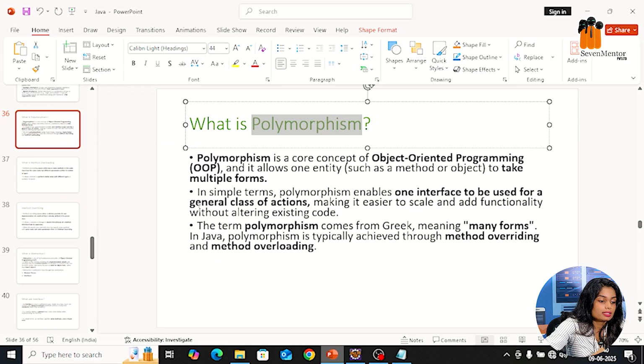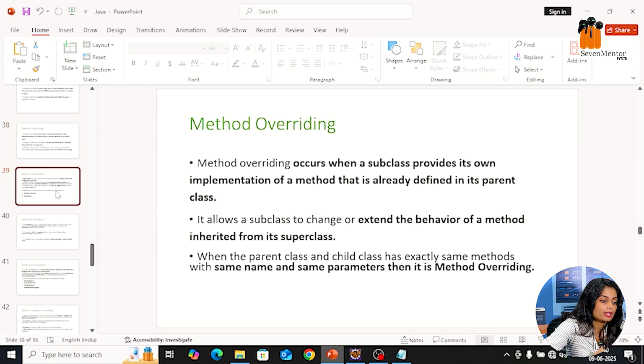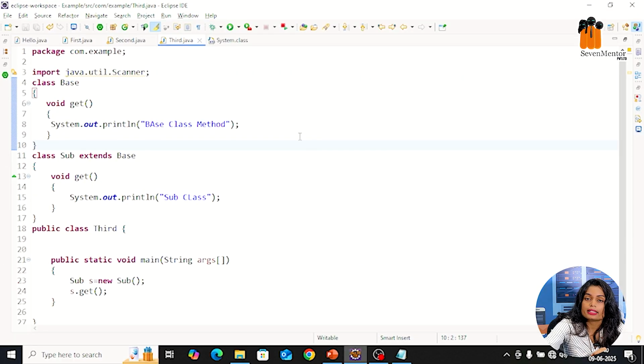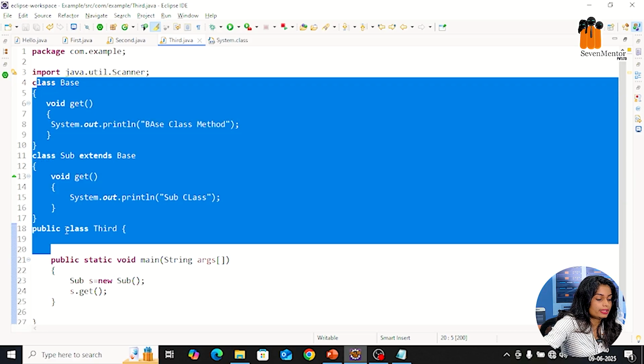So let's see what is meant by abstraction, like how abstraction is going to be done. It has two types. The first type is called an abstract class, and the second type is called an interface. But what is the difference between both of them? Remember, an abstract class has two types of methods: the first one can be a fully abstract method, and the second one is not a fully abstract method. That is your abstract class. First we will see that part only. Okay, so here, let's remove this one.